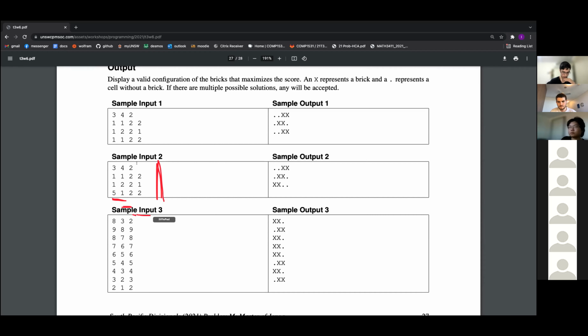And whatever you do, you're going to want to pick this and this for the top two, because they're always going to be on top of it, regardless of which bottom layer you pick. So that means we should just pick the biggest bottom layer, which is that one. And so that is the best solution. And yeah, the problem makes you actually output the construction rather than just the number. Sometimes it would just be the number, but in this case, you output the construction. And if there's multiple solutions, you can output any construction.